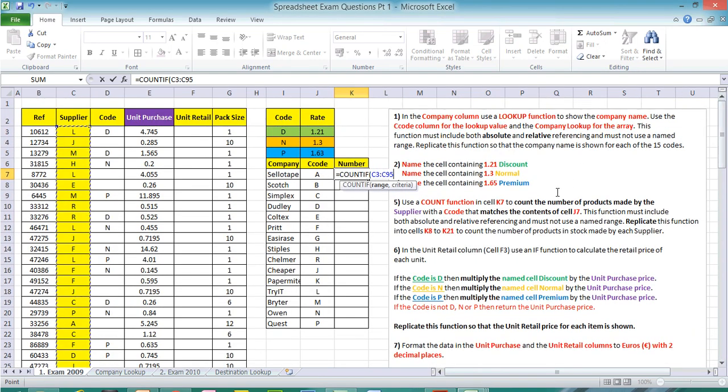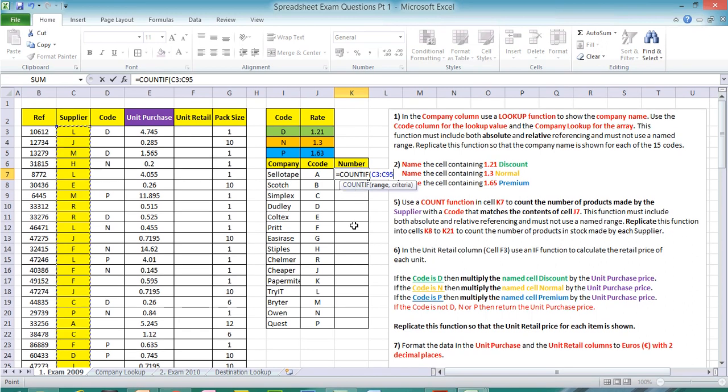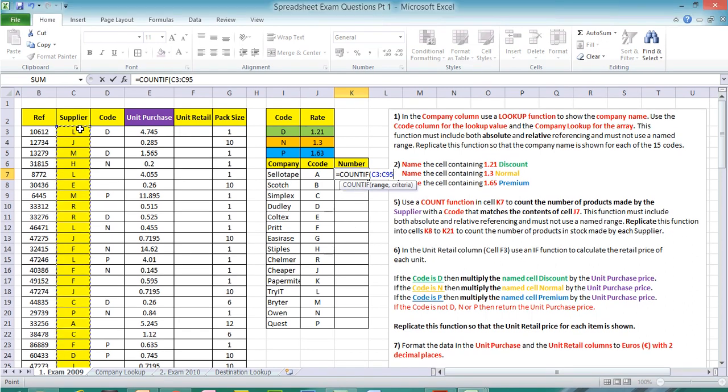Now, if I read the rest of the question, this function must include both absolute and relative referencing. Because I'm going to be replicating this function down, I don't want this supply code to move. This supply code has to stay in the same position. So I need to put dollar signs in. You can either use a shortcut key on your keyboard, F4, or Shift and F4. So that's the range that's going to be locked into one place, comma, and the CC code has to match